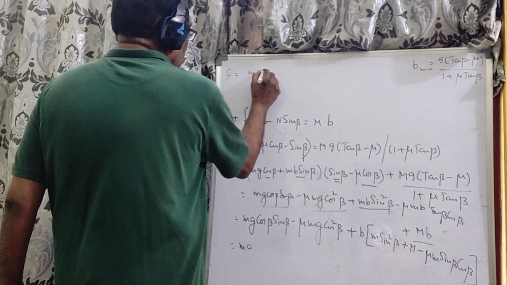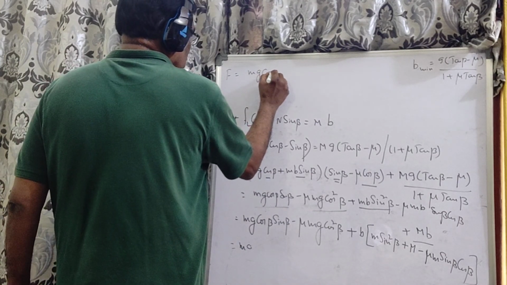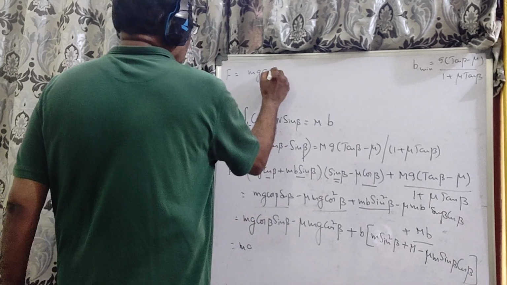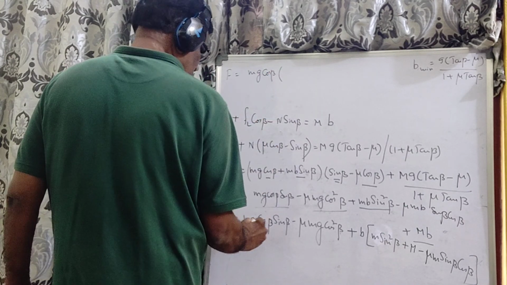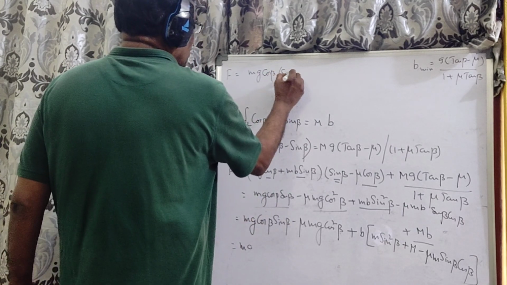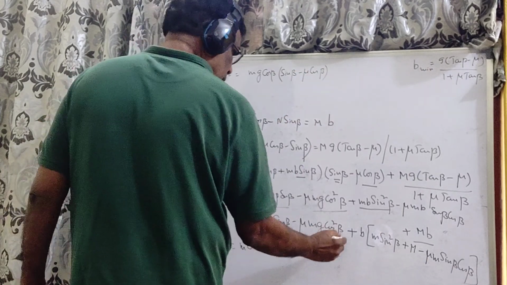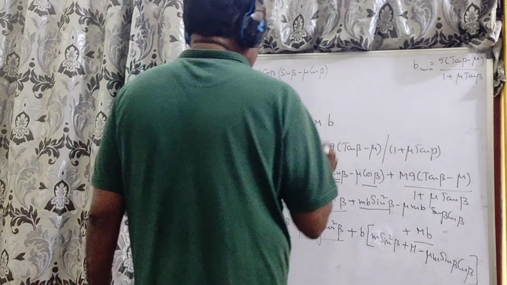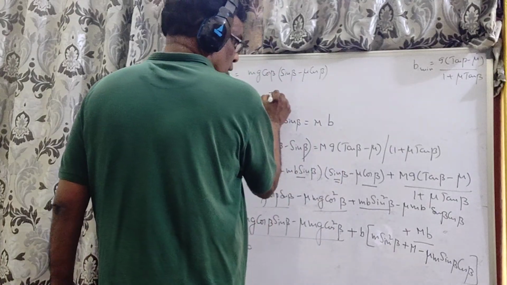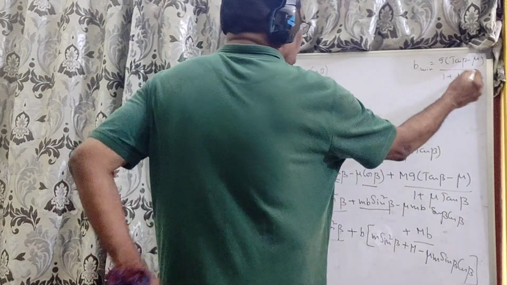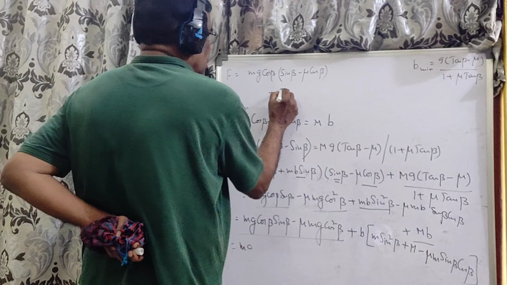Mg cos beta, mg cos beta, you have sin beta minus mu cos beta plus B, you can write all this